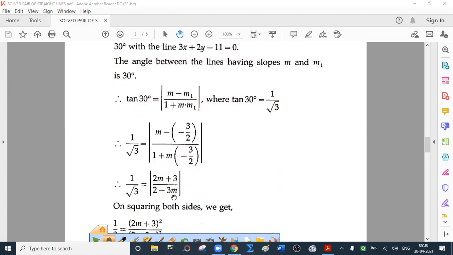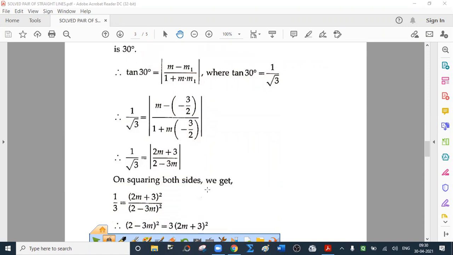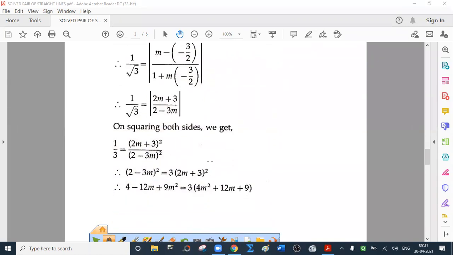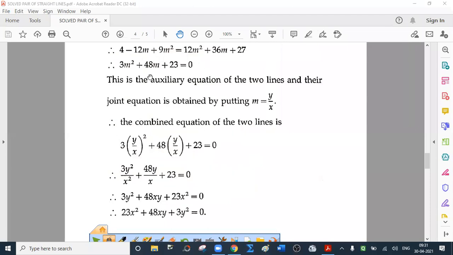Rearrange the terms to get this. Now square both the sides, cross multiply, rearrange the terms to get this equation. Usually we are given the joint equation and we obtain auxiliary equation. Here we have got an auxiliary equation and from this we have to obtain joint equation. This is auxiliary equation of the two lines and their joint equation is obtained by putting m equal to y